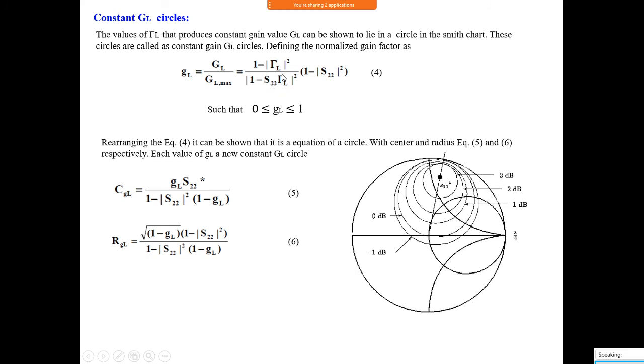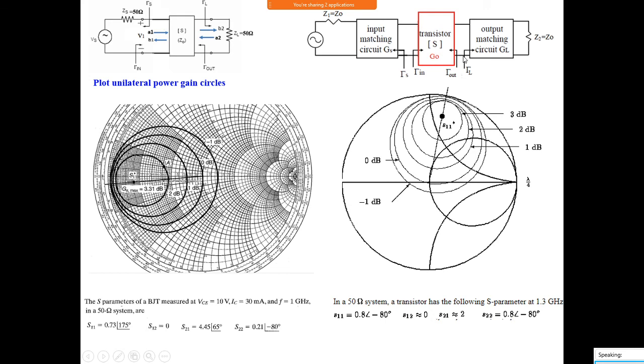Okay, so we have to plot again. Take whatever required value of GL and plot the circles like this. So what should be the ZL here? You take any one value, like I want 1 dB. You take some value over this, and looking in this direction, that impedance must be equal to the value here. You should design the matching circuit here such that looking in this direction, the impedance must be equal to this. Then the output gain becomes equal to 1 dB.